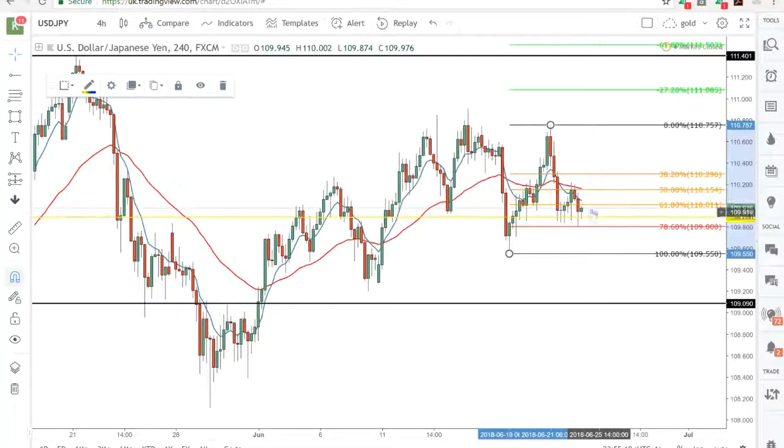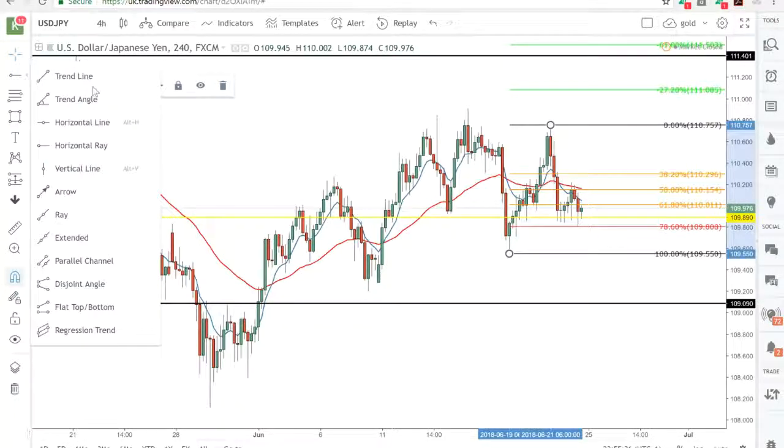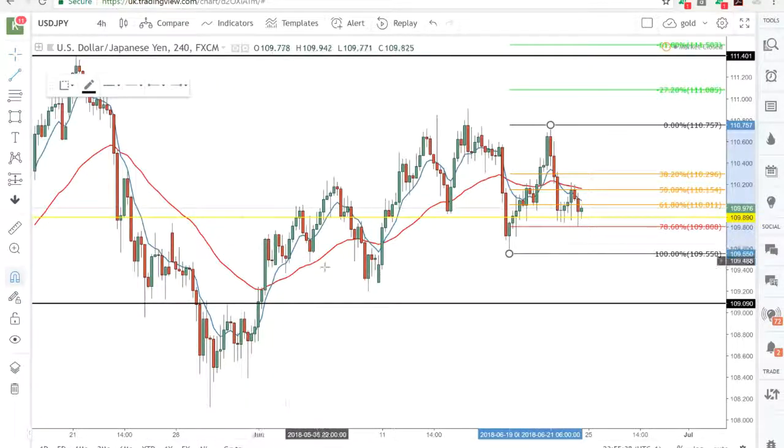So we do have to watch this, be careful of this. But as I said, with all of the factors considered, we've got the break of the moving averages, we've got the lower high and the lower low here, and yeah, we do want to break this 78.6. We want to close below here. That will confirm our lows, and if you can see here, this is actually